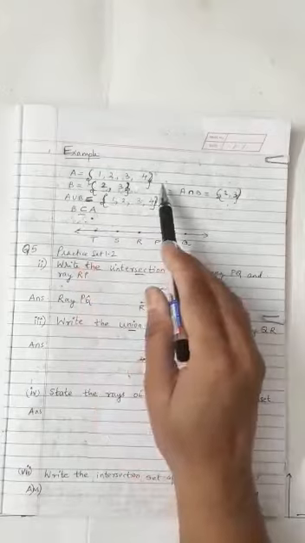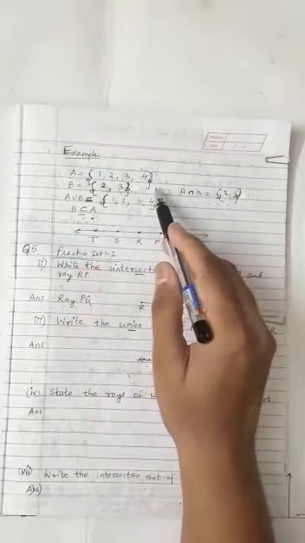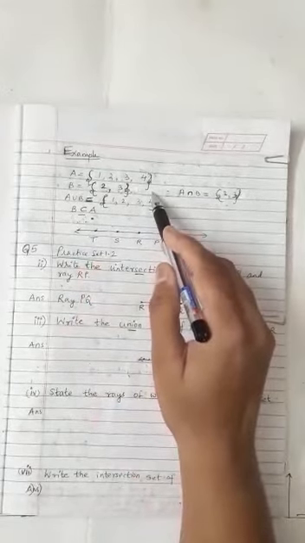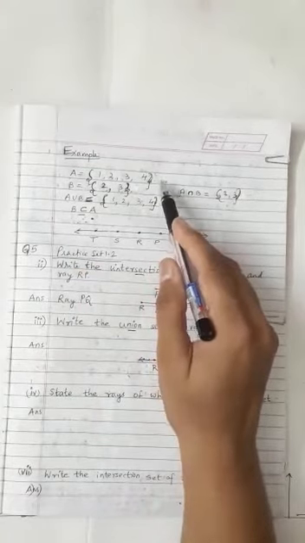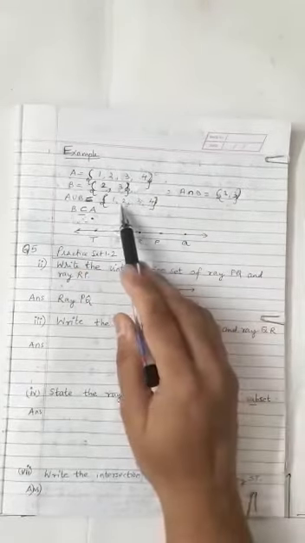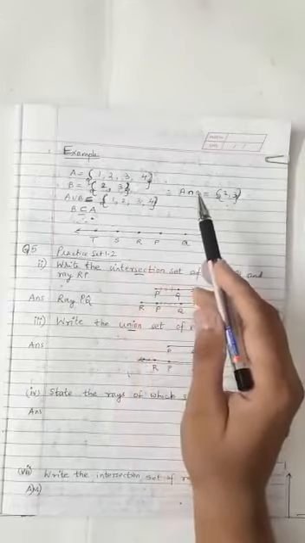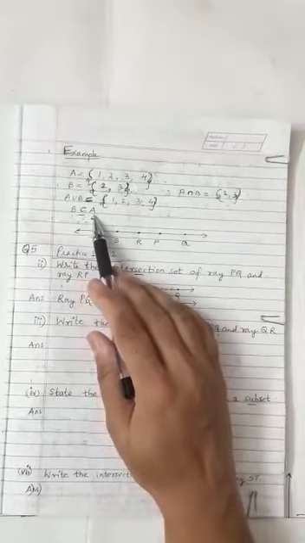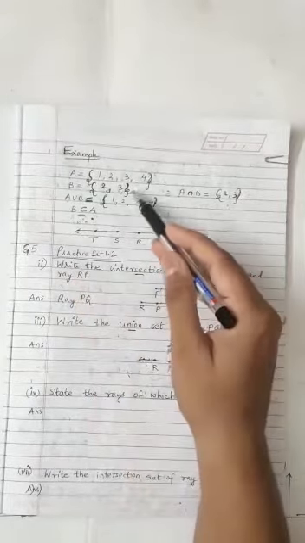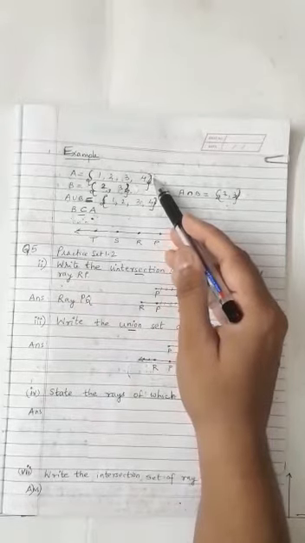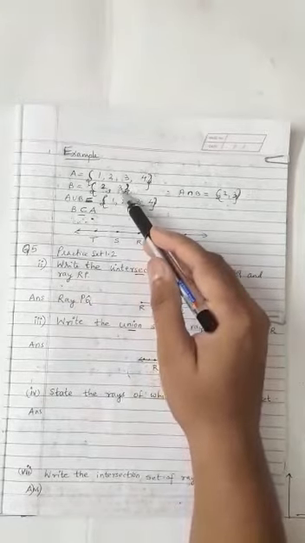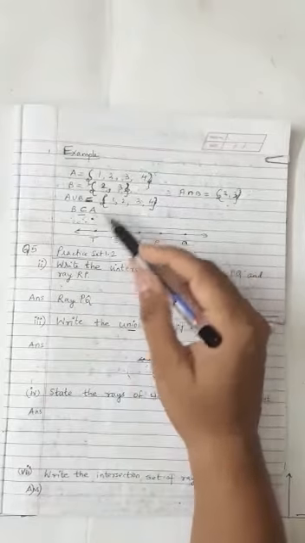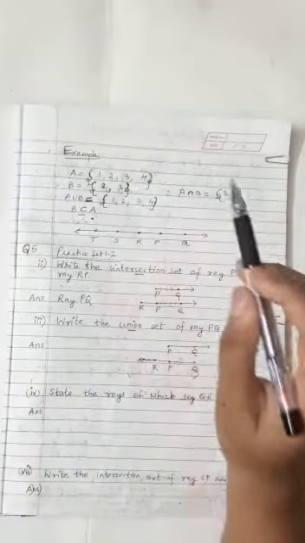Now what is A union B? A union B is the combination of all the elements which are present in the two sets. Like we have here 4 elements, 1, 2, 3 and 4. Taking care that the same element is not repeated when you write the union set. And then you can see B is a subset of A, B is a smaller set, A is a bigger set, correct? Whatever elements are present in B, that is also present in A. Therefore, we can say B is a subset of A.